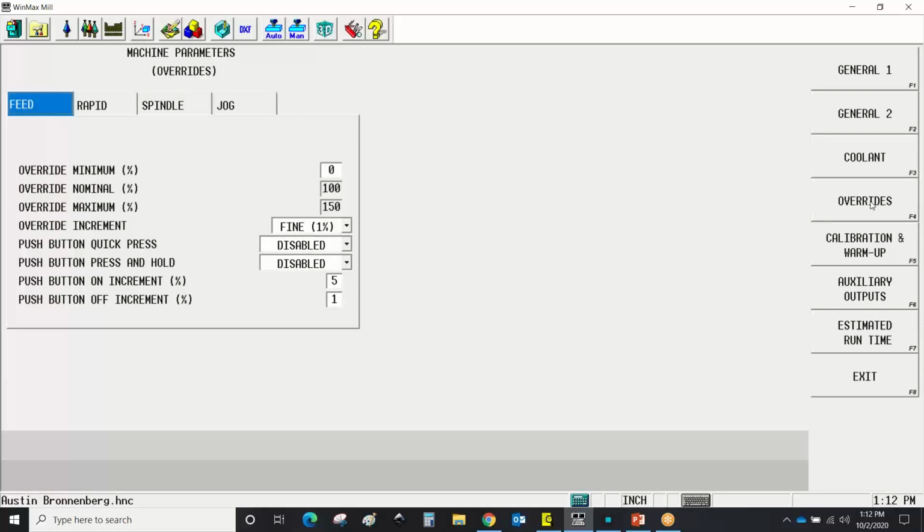This next one is overrides. On the new Max 5 control, you may have noticed that there is the feed override, the rapid, and the spindle. They all have, you can push them in, if you will. Well, that's what some of these settings are for. We have the override minimum. If you set this to 0, when I turn the override all the way down to 0, the machine will